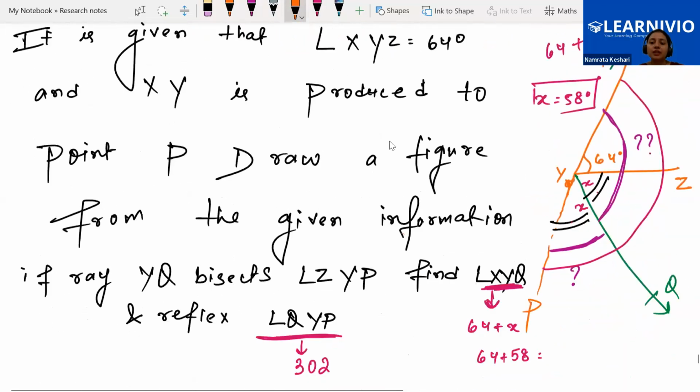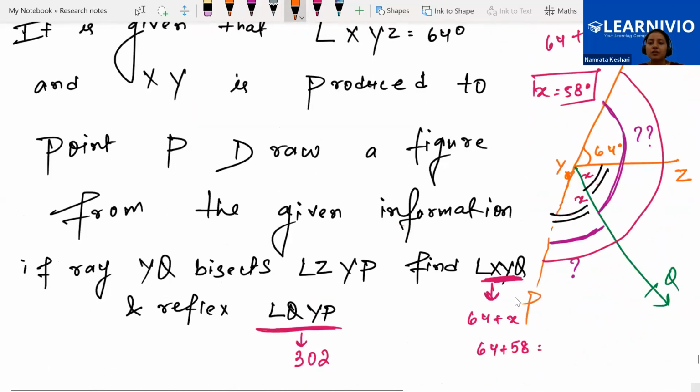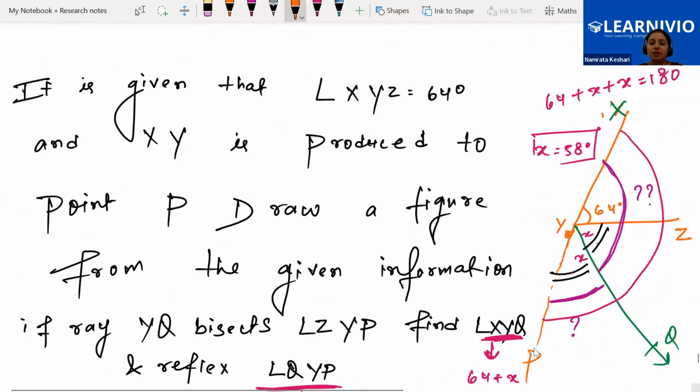You could also have taken that we are having a straight line XYP. On that there is a ray YQ. A ray is standing on a line. There was a theorem. When a ray is standing on a line, then the sum of adjacent angles will be 180 degrees. That is the linear pair only. We are having another version of linear pair in a theorem form, which says that when a ray is standing on a line,